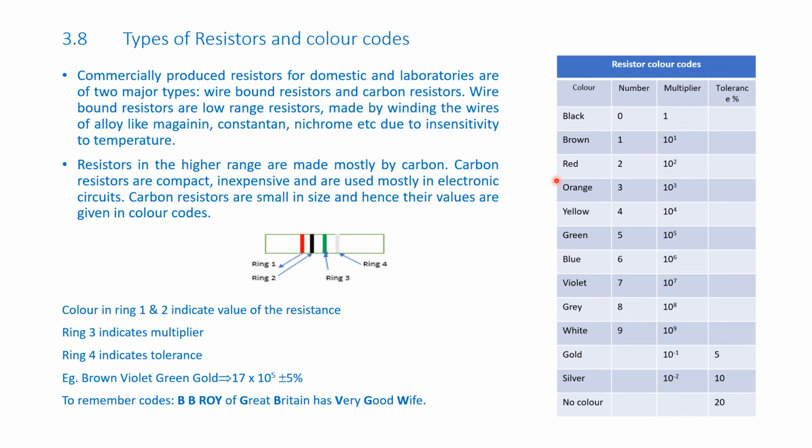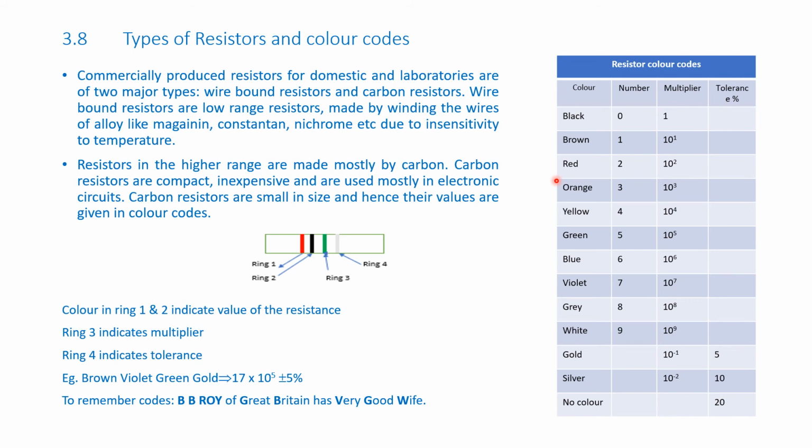The color codes of resistors are given in the tabular column. The first column shows color. The second column gives the corresponding number for each color. The third column shows the multiplier and the fourth column gives the tolerance. To find out the code